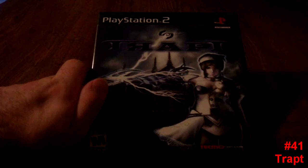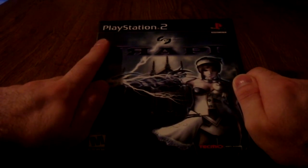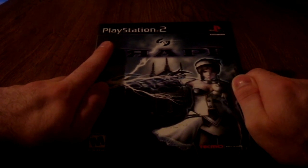Next game I got for my birthday as well is Trapped. Speaking of Japanese voice acting, this one is only in Japanese. It does not have any English voiceovers whatsoever. Its default is Japanese, and that is the only one, which is really cool. This is actually based off the